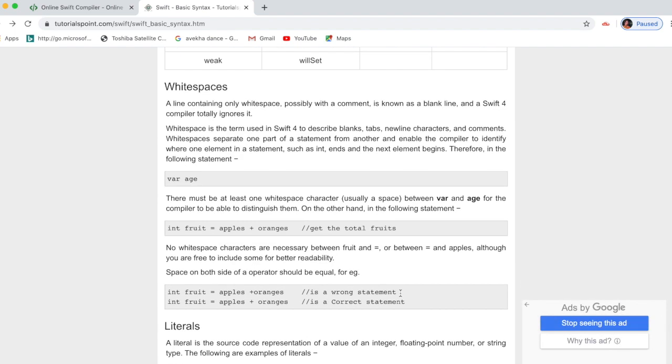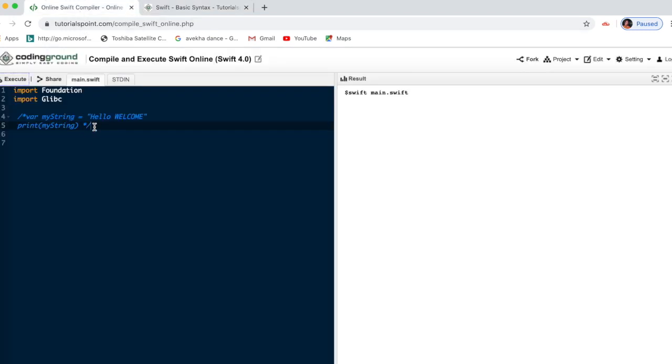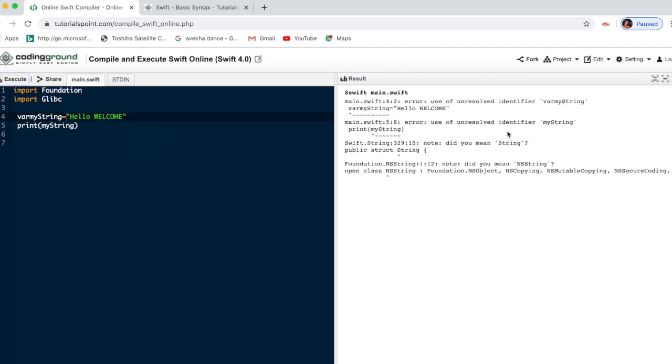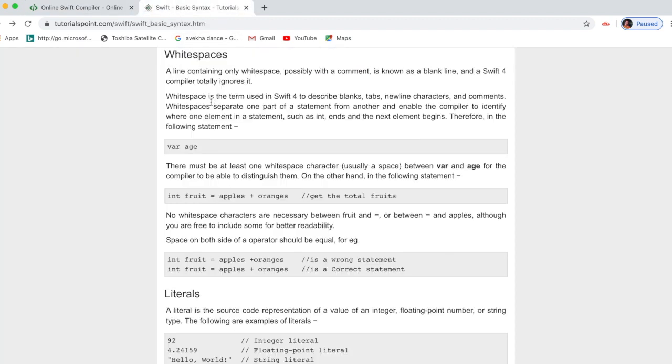Next thing is about white space. As I already told, if I don't give any space and write it in this way, what happens? Just execute our code. See, error, use of unresolved identifier. These types of errors will come. So the basic thing is we need to give space, for everything.